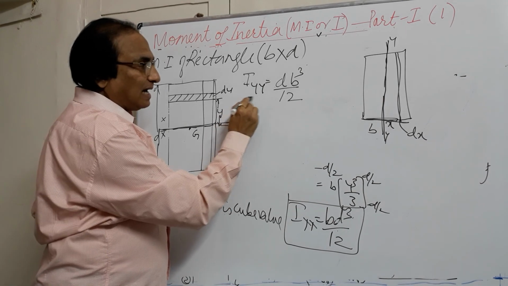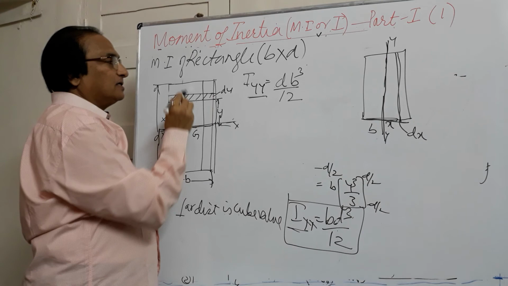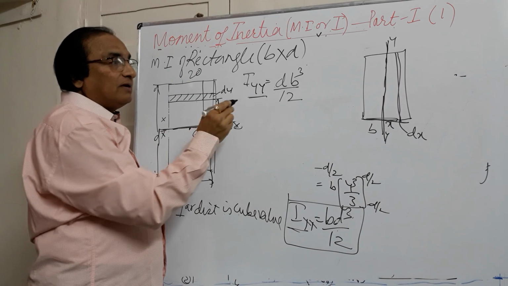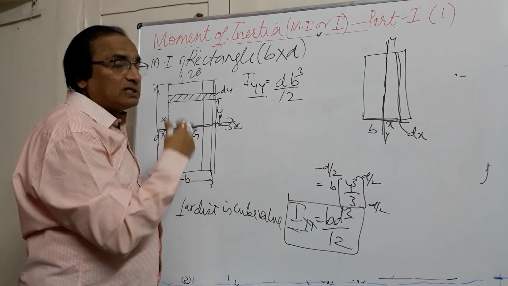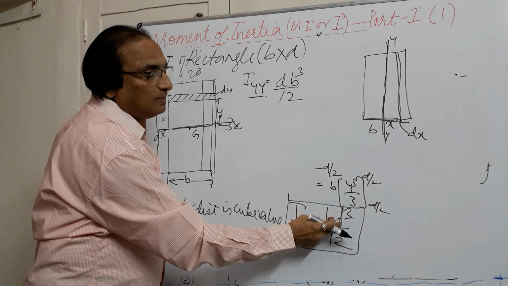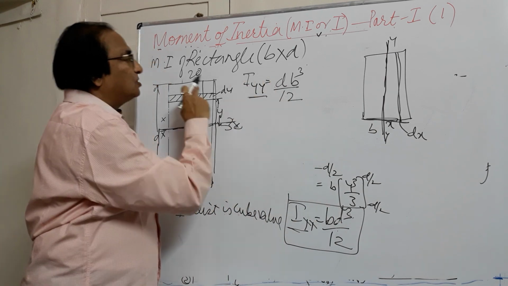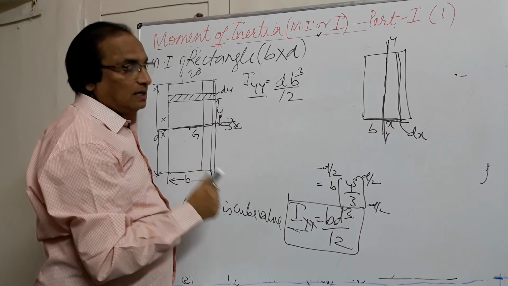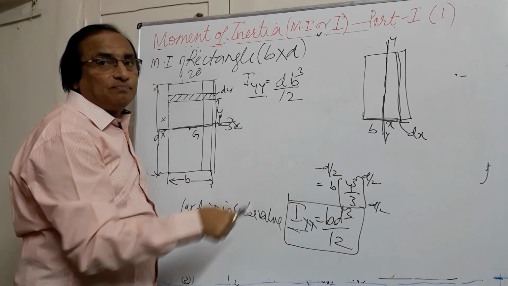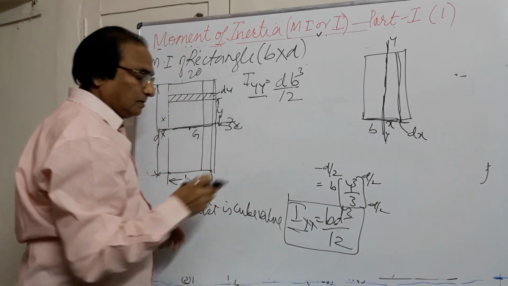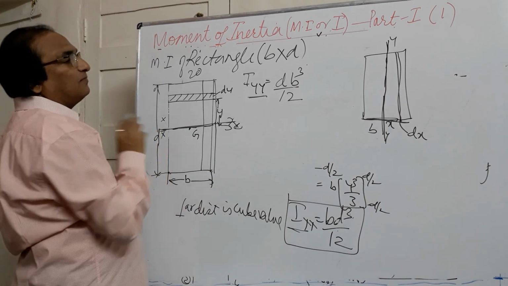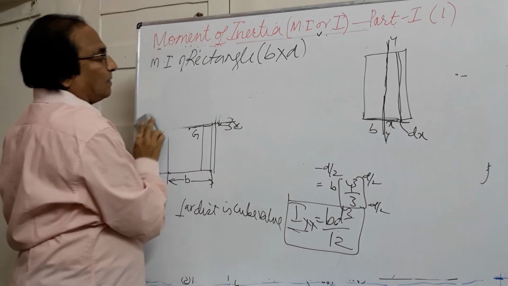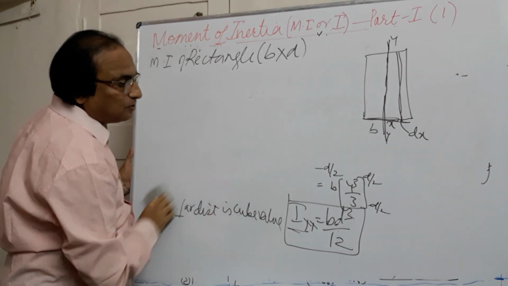So if you calculate Ixx and Iyy for any figure, suppose I say 20 by 30 dimension, depth wise you will get more moment of inertia, because depth wise will be cube, and if depth is more, the cube will be a very high value, whereas b is 20, any cube value, less value will give less moment of inertia. So moment of inertia here will be more whose depth is more. Please remember this formula, b d cube by 12. Next we will go to another simple figure which we regularly use.